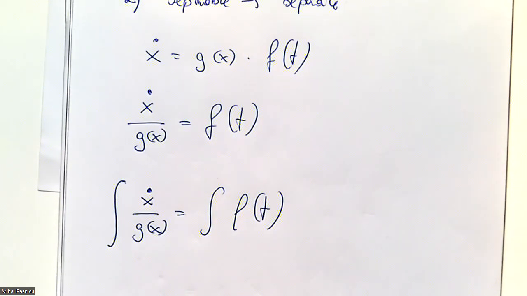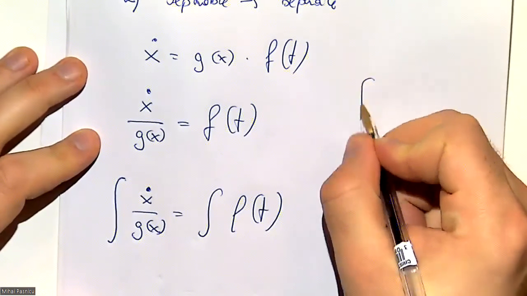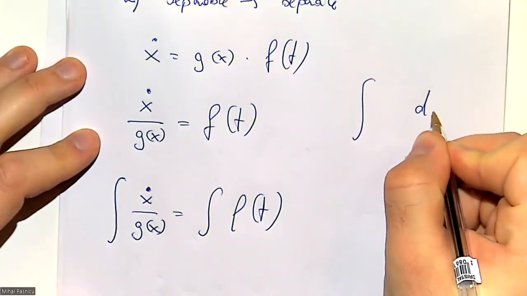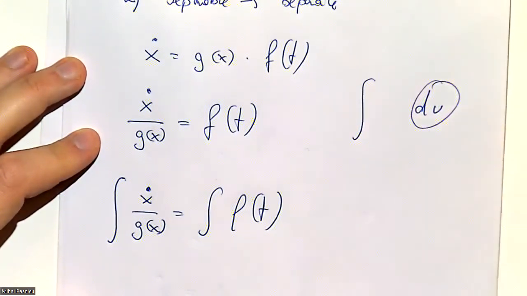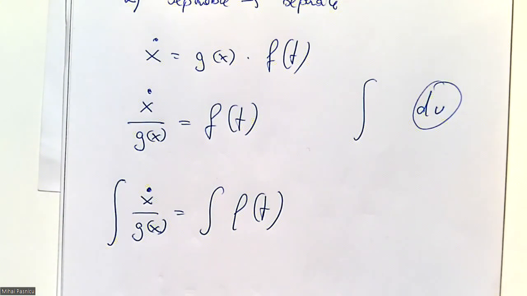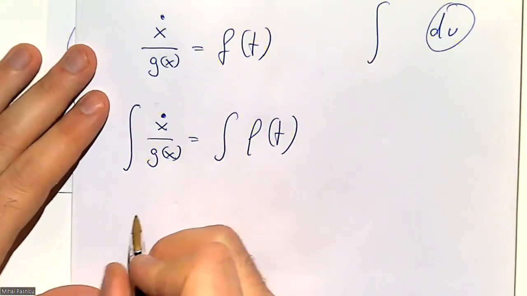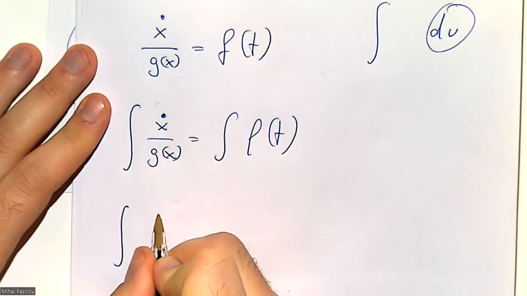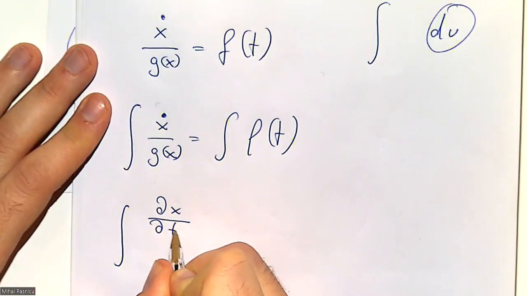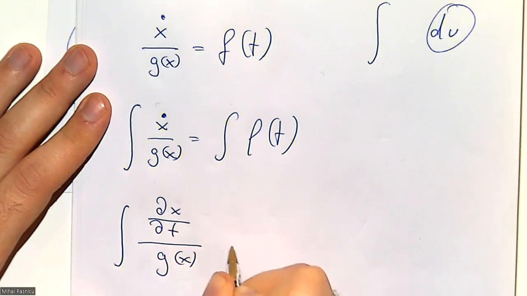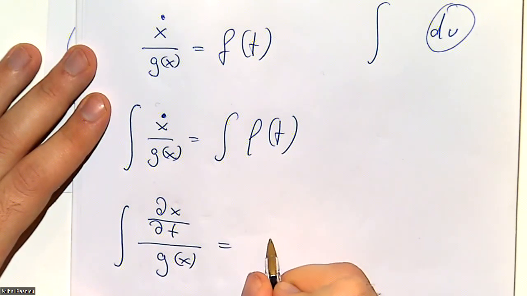Because remember, the usual integral looks like an integral with a d something here. I don't have this part. Why? Because I want to show you how you get it. You don't need to memorize it by any means, but it's just nice. The idea is that this x dot is dx dt over g of x,